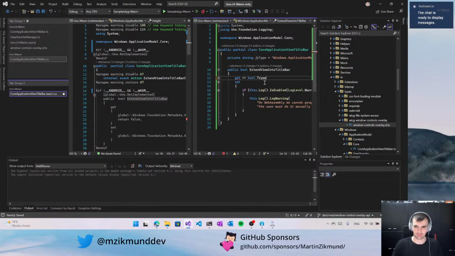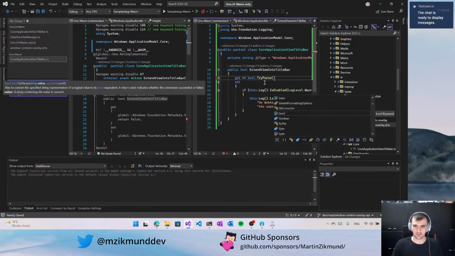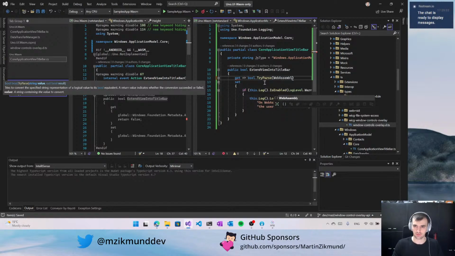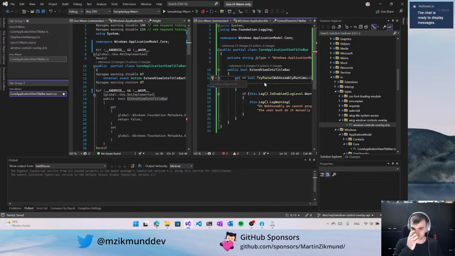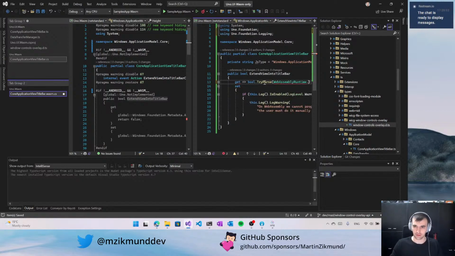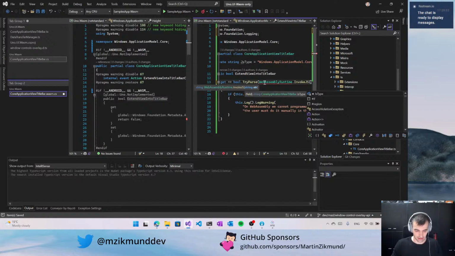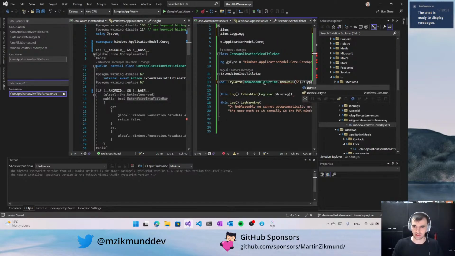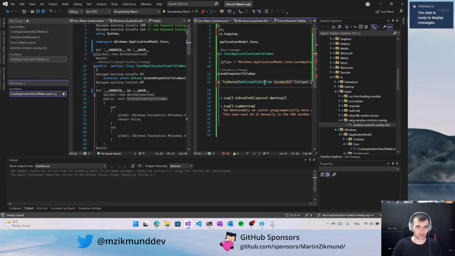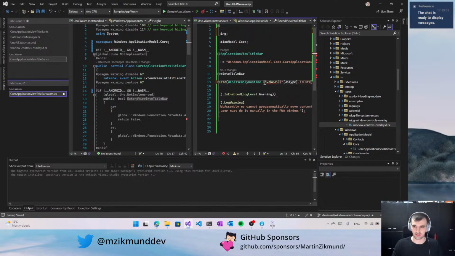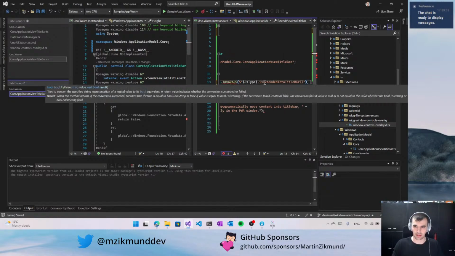Try parse WebAssembly runtime dot invoke.js, and it's gonna be JS type dot is extended into title bar. Close it, invoke. So now this will